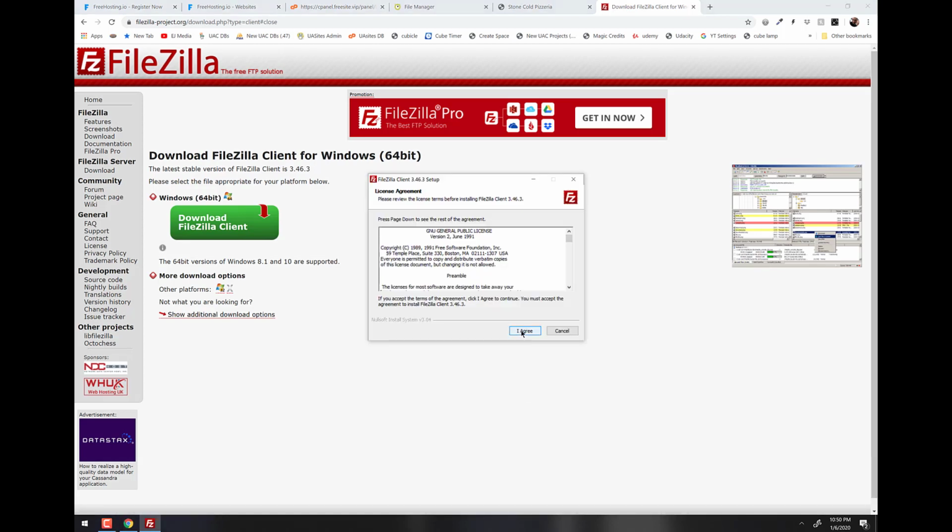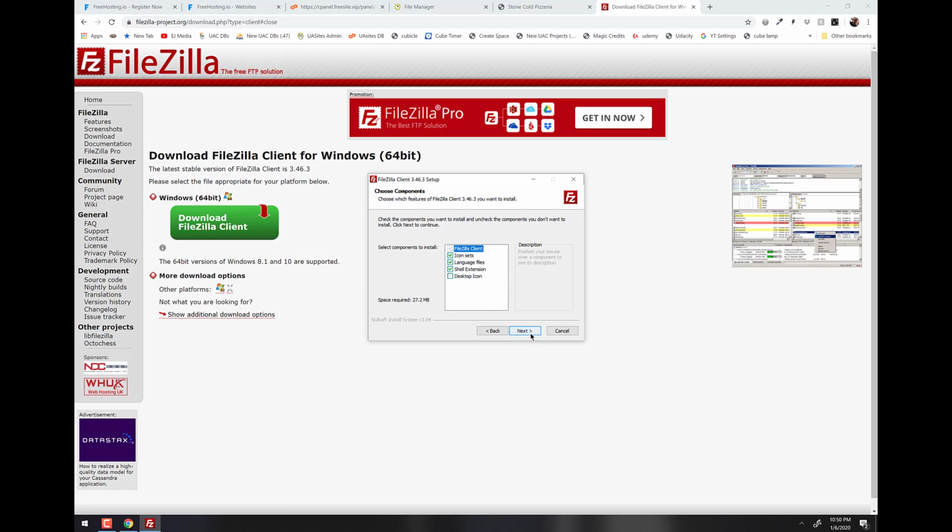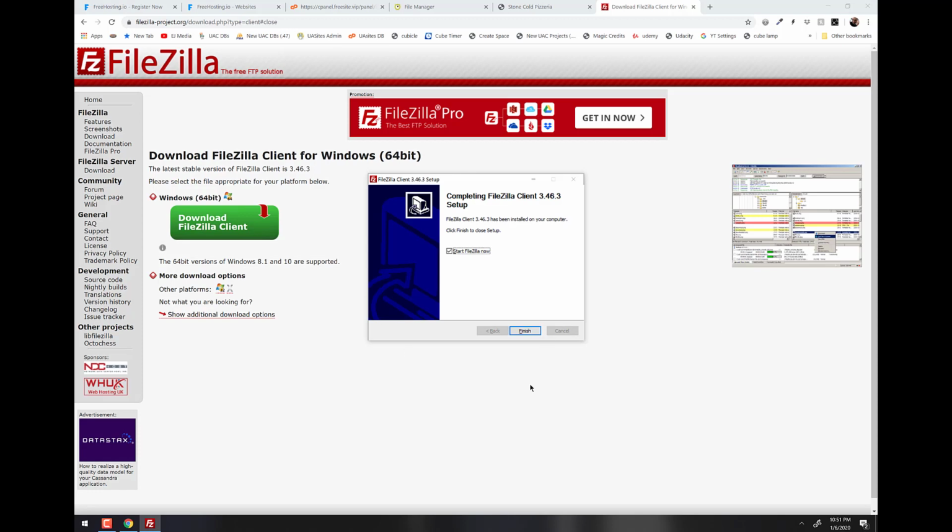Then agree with the license agreement if you would like to do this, obviously. And then pretty much the defaults all the way through should be fine. So we just click next and then next. If you want a desktop icon, go ahead and click right there. And then whatever folder it goes in is fine, unless you want to change it, feel free. This is just how it'll show up on your start menu over here. Again, the default's just fine with me. Go ahead and click install. Once it's done, click finish and leave that check so that it'll actually launch FileZilla.